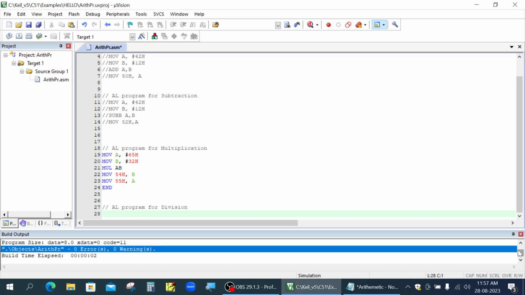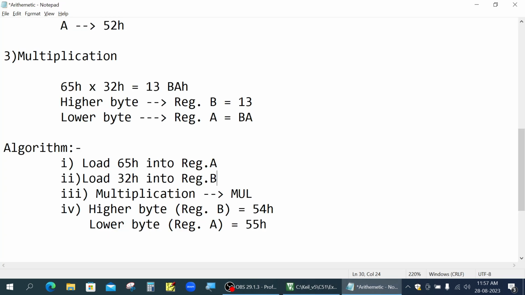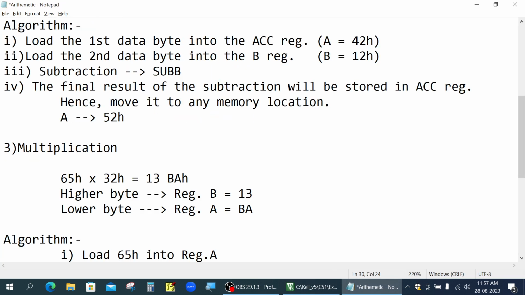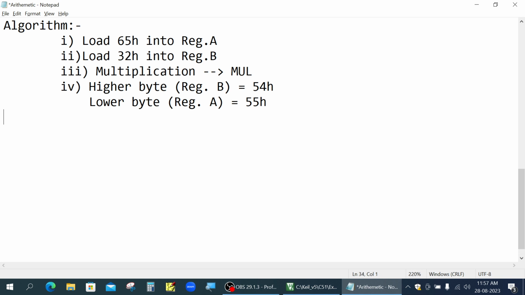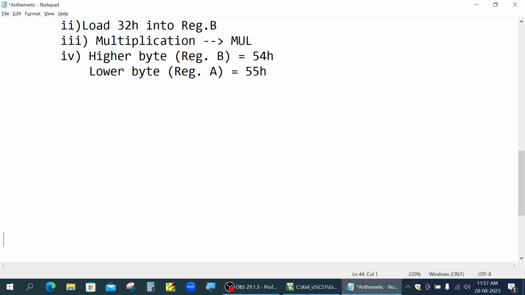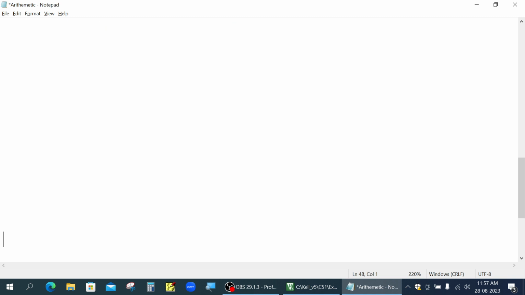Okay. First of all, assign this instruction as comment, remove the statement. Now, first of all, let's see the algorithm for division. If we want to perform the division of 86H divided by 14H,